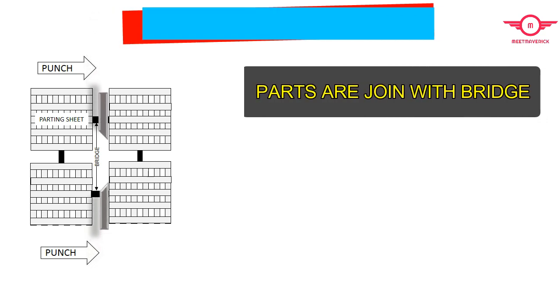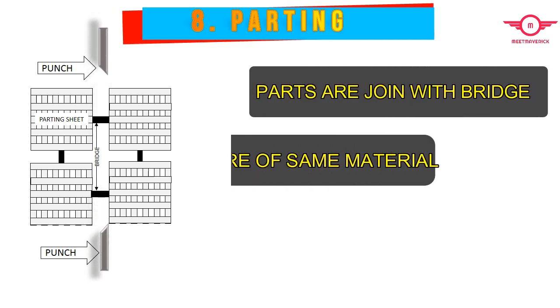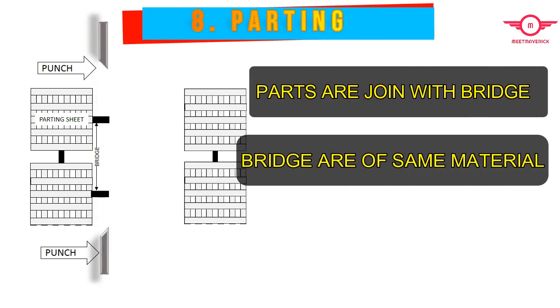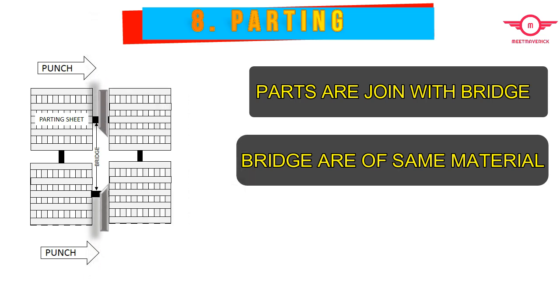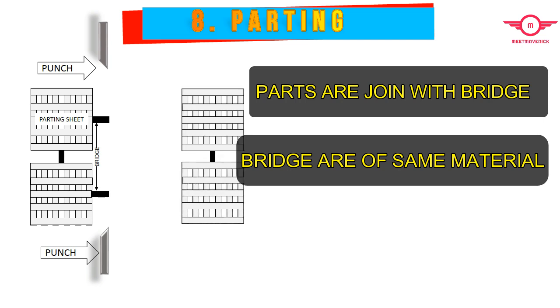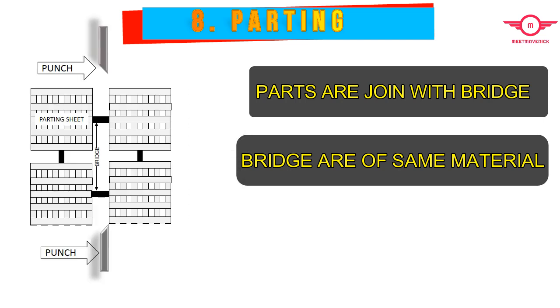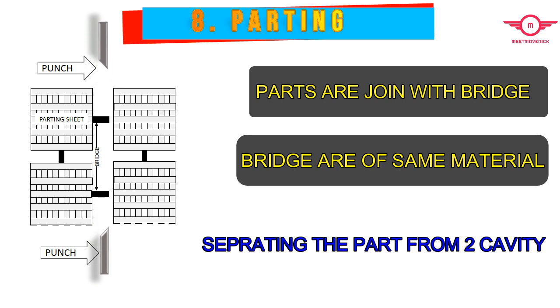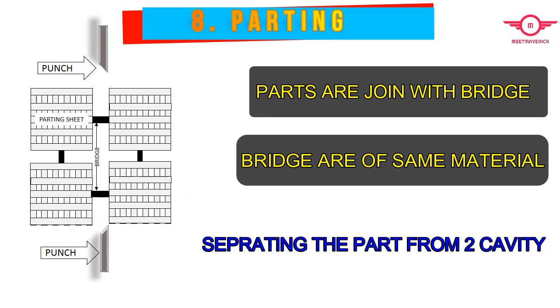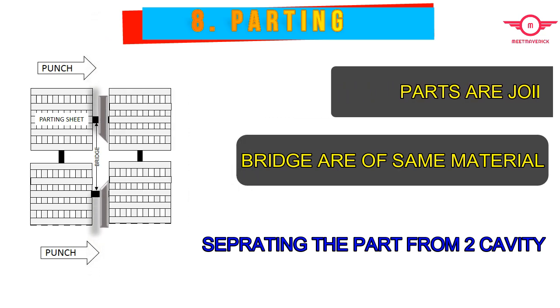Parting. Parting is a shearing operation to produce two or more parts from a stamping. The two parts are joined with the same material called a bridge. Normally this process does not produce any chips, but the bridge will be considered as scrap. Parting is widely used in separating the multiple battery grids of lead.